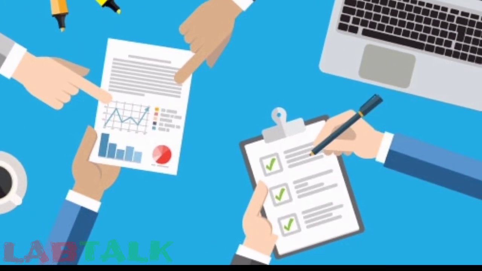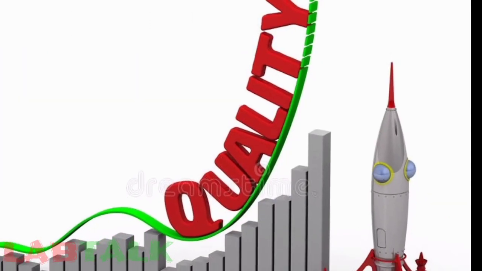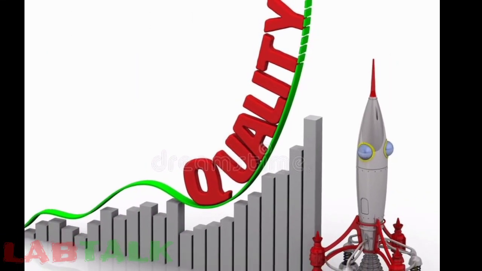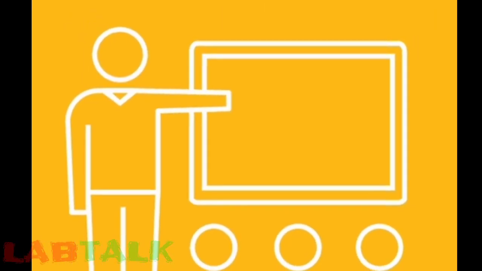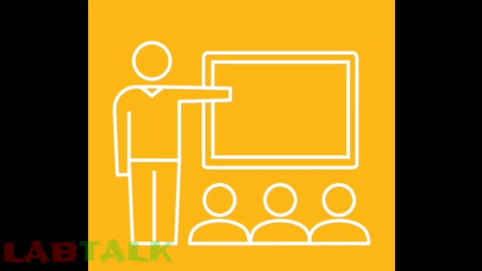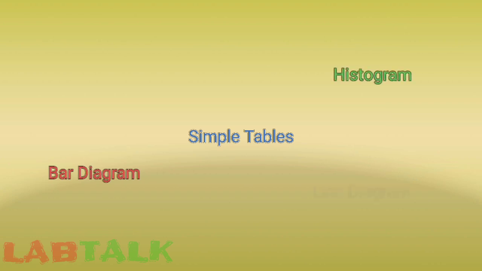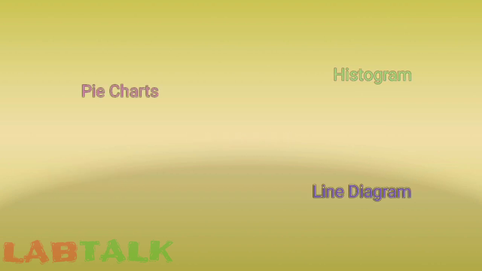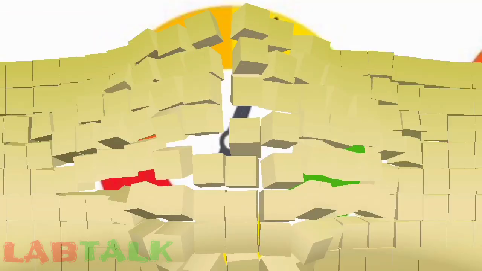Once the quality indicator is implemented and data is collected, the next part is presentation of all this data. Measurement of quality through quality indicator monitoring generates data that is to be interpreted and represented in graphical form. This statistically analyzed data can be represented in the form of simple tables, bar diagrams, histograms, line diagrams, pie charts. Presentation of data should be self-explanatory and informative, from which some conclusions can be drawn and which could serve as input for further plan of action.